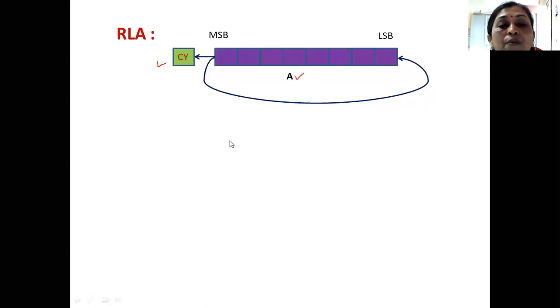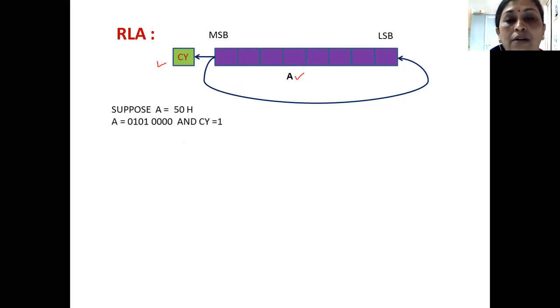Okay. So now here you can also observe I have written MSB and LSB of the accumulator. MSB means most significant bit. This is the bit which carries the highest weight. And LSB means least significant bit. This is the bit which carries the lowest weight, that is 2 raised to 0. And this carries the highest weight, that is 2 raised to 8. Therefore, this is called MSB and this is called LSB. Are you clear about the structure?